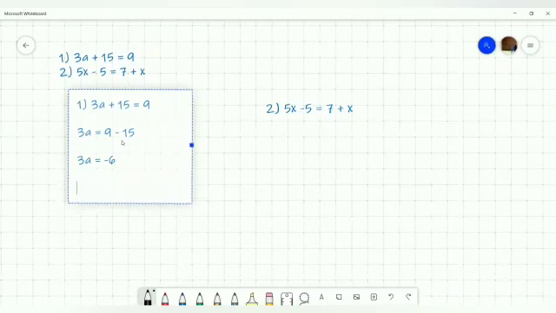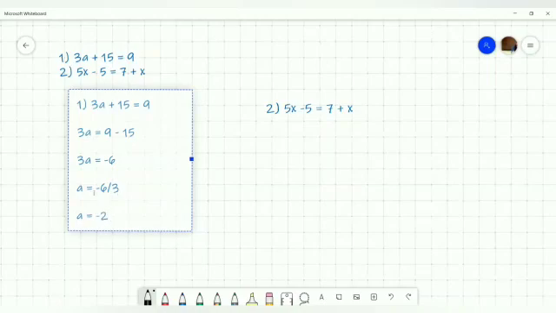Next, now we just need a on the left hand side. So we will write a is equal to minus 6 upon 3. Because this 3 here is in the multiplication, when we shift it to the right hand side, we will divide the right hand side by 3. Now you know 3 twos are 6. So the value of a we will get is minus 2.